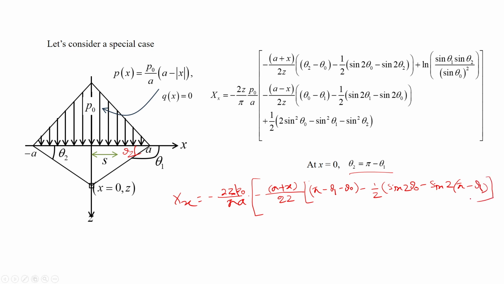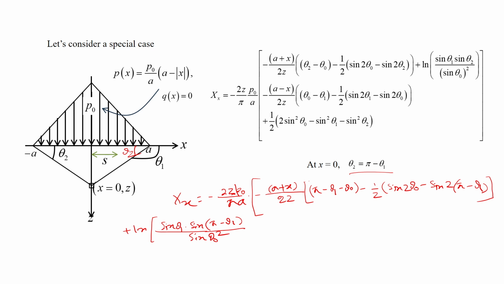This bracket gets closed, plus ln of sine of theta 1 into sine of pi minus theta 1 by sine theta 0 square,